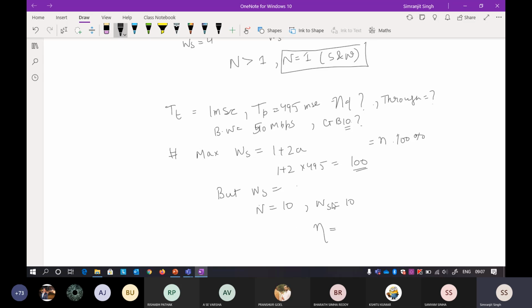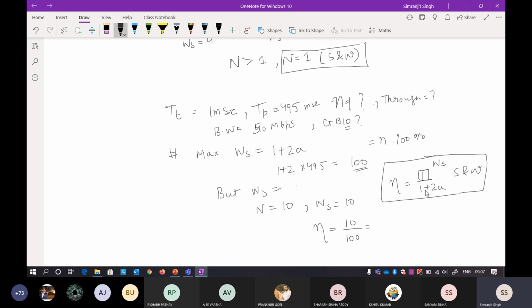Efficiency is that you can send 10 packets out of the total. What exactly is the total here? Total time will be 100. Now, if you remember the efficiency formula for stop and wait, it is always 1 over 1 plus 2a. Here it is 1 because the sender window size is always 1, so you cannot send more than 1. I have already told you, in stop and wait it is always 1.